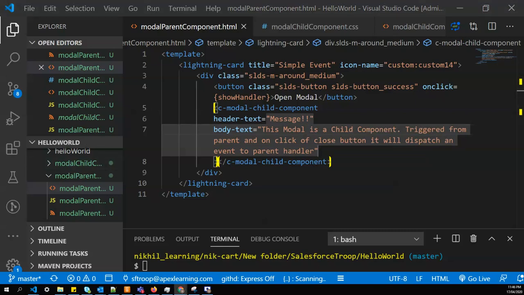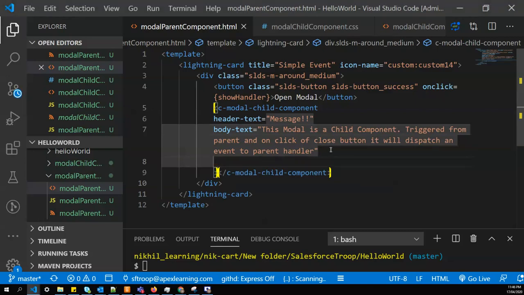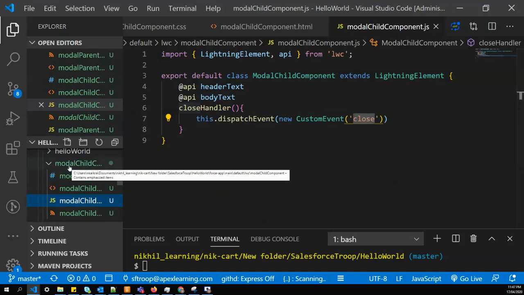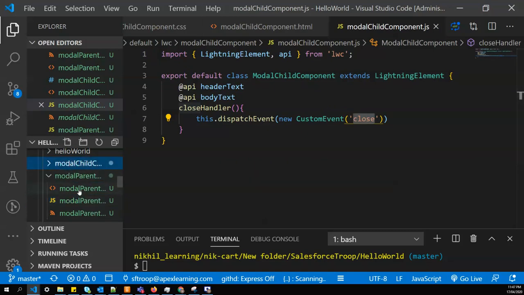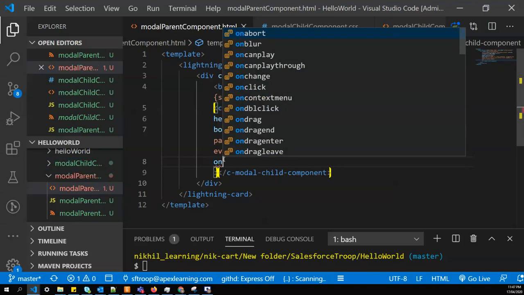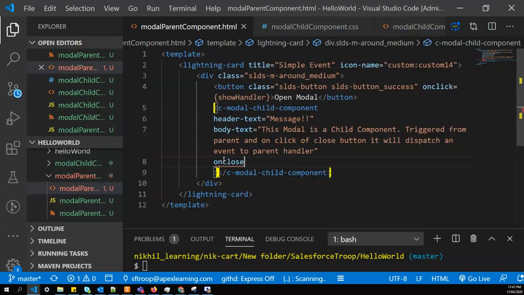Now there is an event handler as well. The most important thing that we have to keep in mind is that the name that we have given to our custom event should be lowercase, and whenever you use this event, always append on in front of that event name.